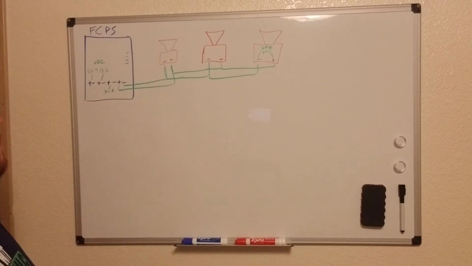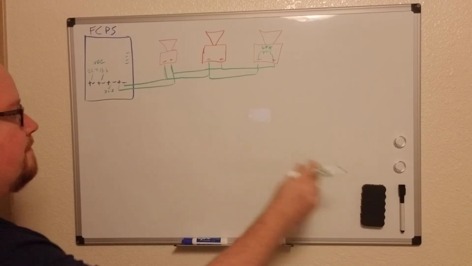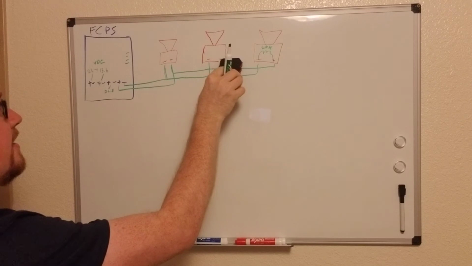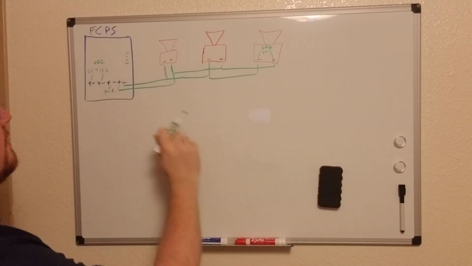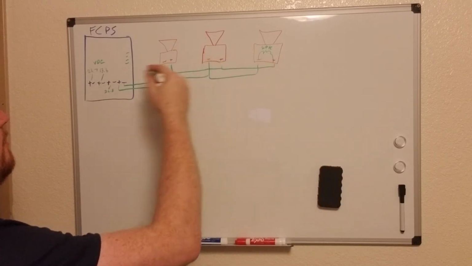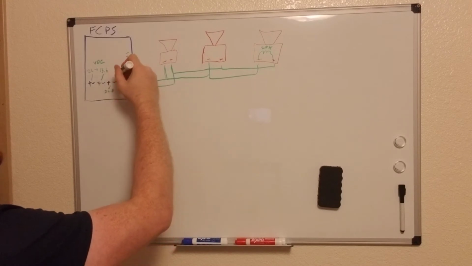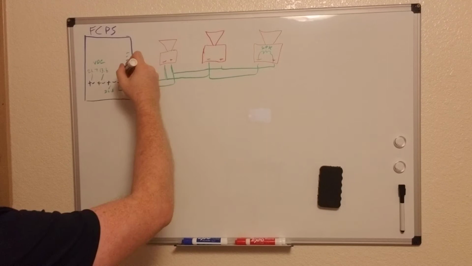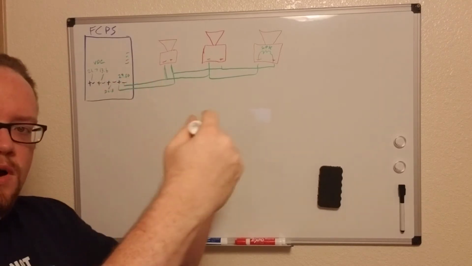So let's go the other direction. Let's say one of these wires just got knocked off completely and we're not getting a complete circuit all the way back. Well, then this circuit might go up to 29 volts,